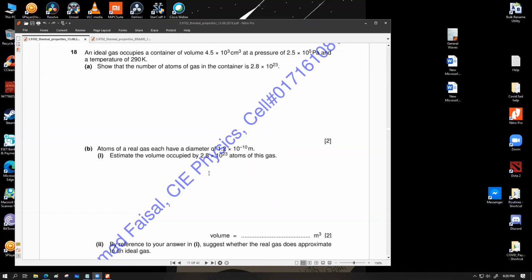In other words, the entire internal volume of the container is available for the particles to move around, which means the particles don't have any volume of their own. It can be expressed in two different wordings, which is practically logical, although the volume of the gas particles is not entirely zero,